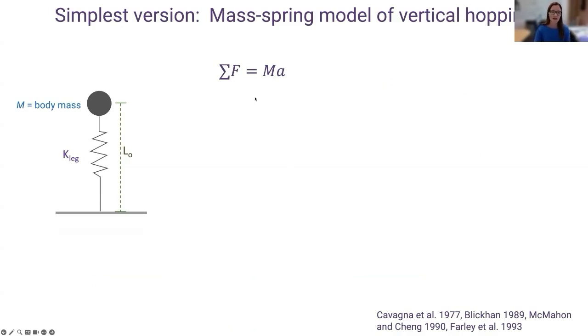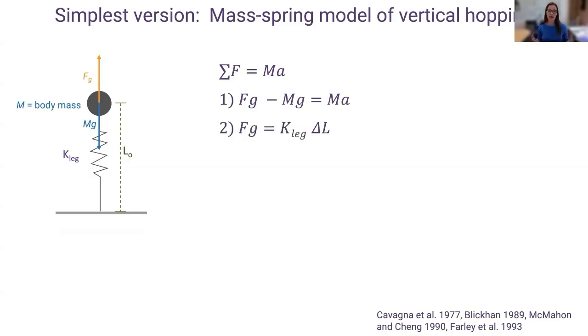And so if we just apply Newton's laws, F equals ma. The sum of the forces equals ma. We have gravity acting in the downward direction, right? And then the ground reaction force exerted by the leg opposes that. So if we write this out, we have the sum of the forces in the vertical direction only, because that's the only thing we're considering here. Fg minus mg equals ma. And in this case, we're approximating the limb as a simple linear spring. So the ground reaction force is proportional to the stiffness of the leg spring times the compression of that leg